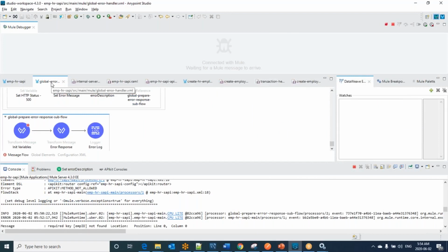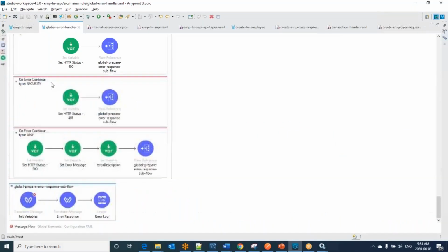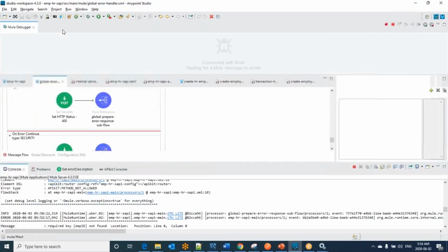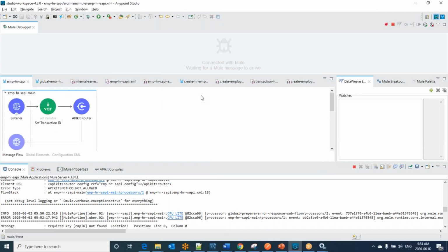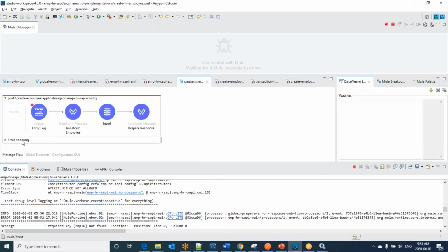Before wrapping up this session, I would like to add a few points. We are able to do error handling in the global error handler, and also at the flow level itself, and also in the subflow by introducing a try block, which we already saw.